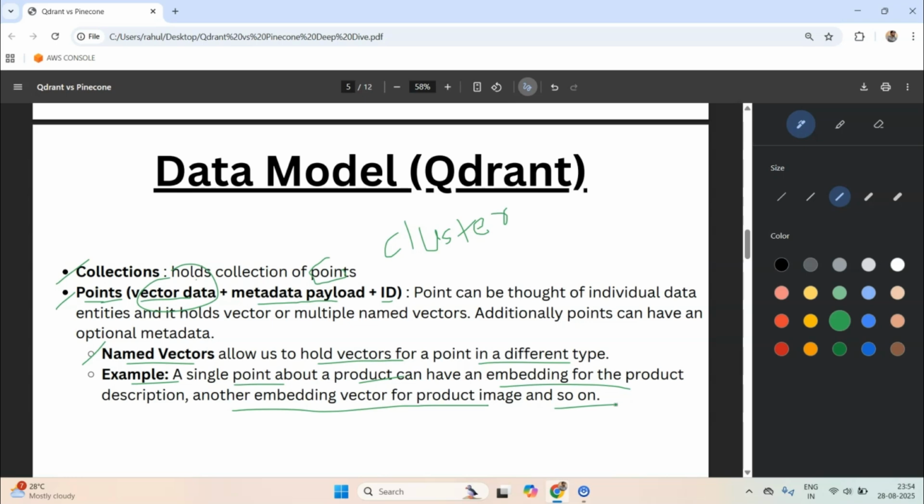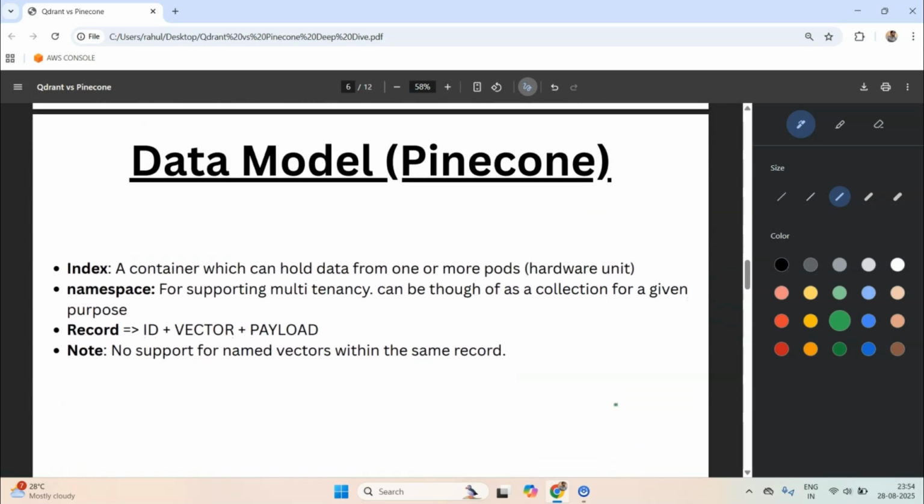Okay, now let's move on and talk about the data model of Pinecone. Pinecone is not giving you many underlying implementation details, but what I could understand from using Pinecone via its web interface and programming SDKs is that it provides you this notion of index, and index is a very broad term. So you log into Pinecone, you create an index, and essentially you are creating a server with multiple pods. Multiple pods, and pods are essentially a hardware unit. Now this container of index will be holding your data.